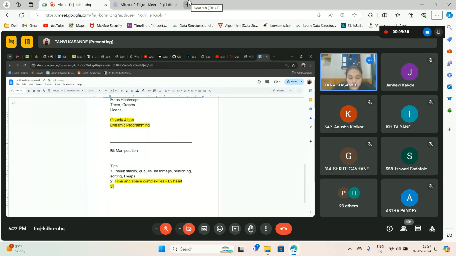And lastly, implementation for linked list, trees, and so on. What I mean by having the implementation by heart is that when you start studying, you will understand this, probably not completely right now.